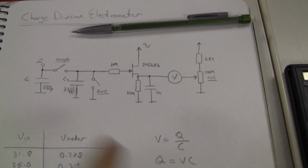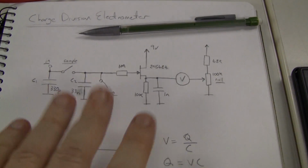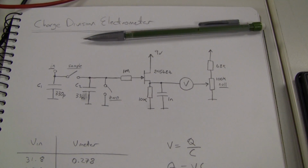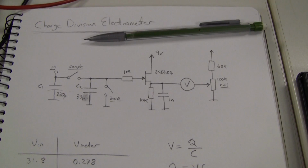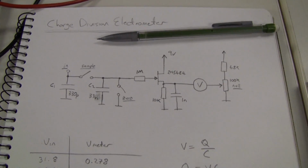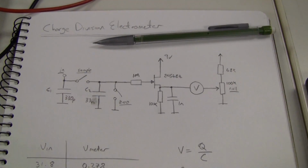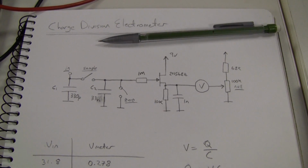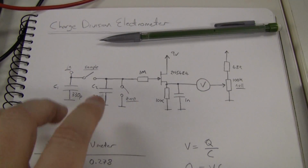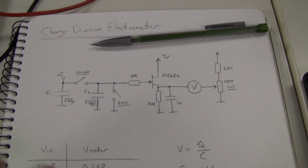This JFET source follower, I'll show you in a minute, is something that I built to measure the individual cell voltages, but obviously it runs from 9 volts. It's limited in its compliance and how much voltage it can actually take. So this simple capacitive division system, charge distribution system, lets me measure much higher input voltages by dividing it down using the ratio between these capacitors, or the ratio between one and their sum technically, but as long as they're relatively large, an order of magnitude difference between them, it ends up being approximately 100,